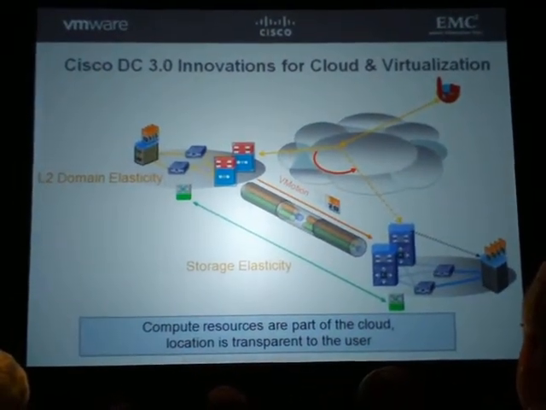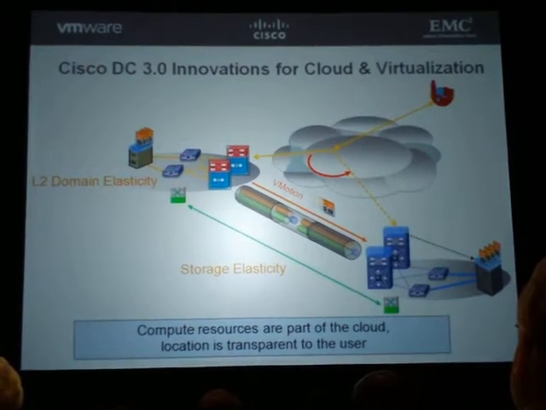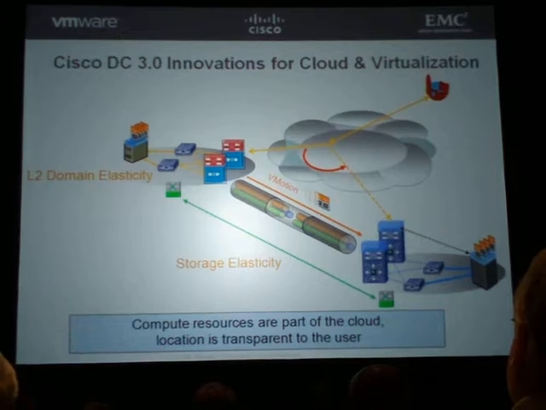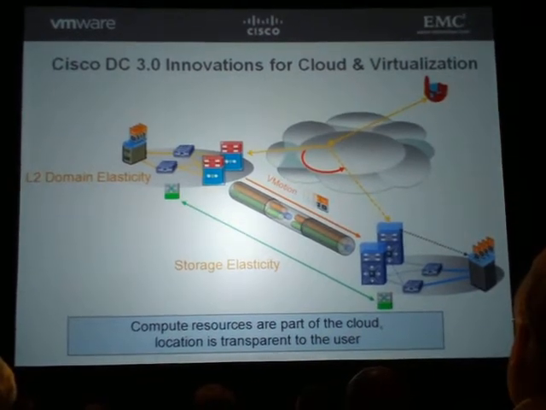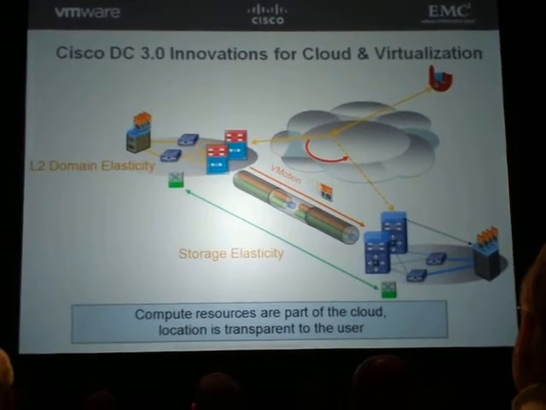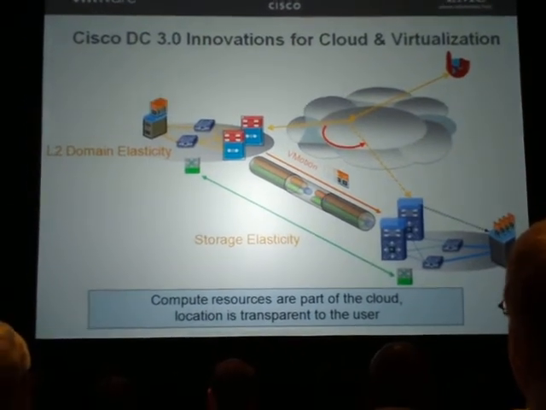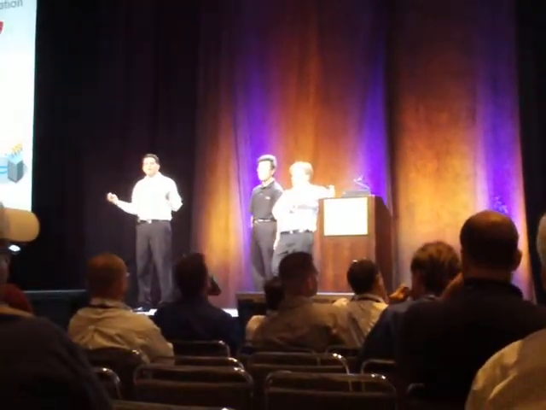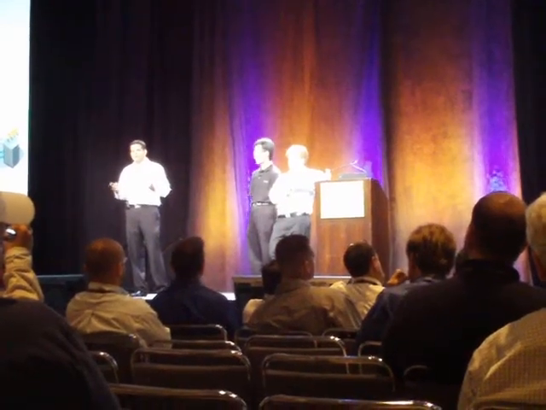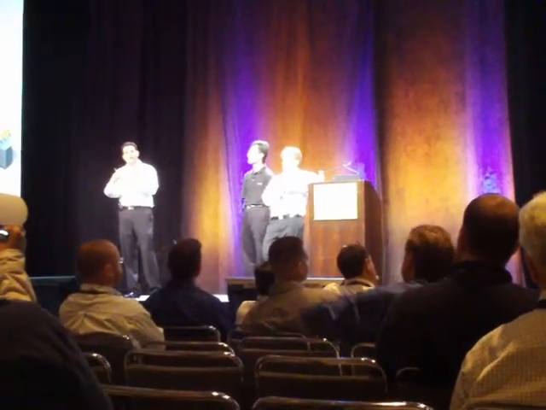Other things you need to worry about: I have services that are attached to a specific VM in the local data center. For example, you have a firewall service, a load balancer service, other kinds of service. When I move across to the second data center, how does it work? This is a live migration. The users are talking at the same time as you're moving. So you need to have the ability to have the same policies on both sides. And the other thing again is the routing. How does the user